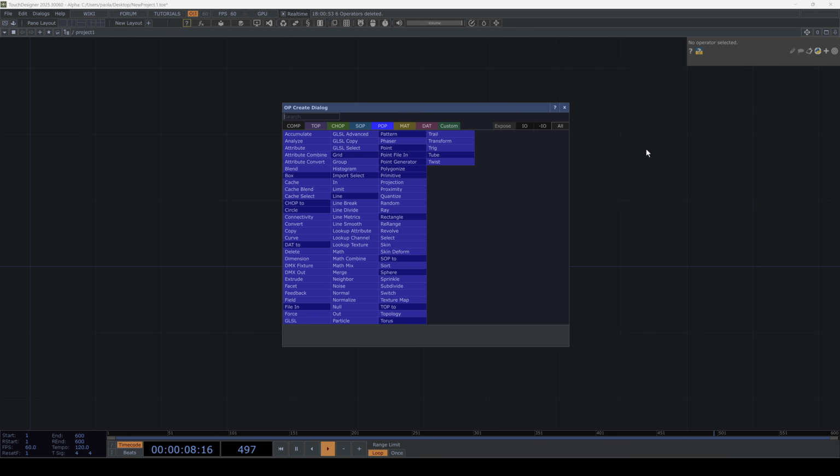And they combine the best features of SOPs, CHOPs, and TOPs, but go beyond them in speed and ease of use. Since they run almost entirely on the GPU, they're fast and optimized for performance. And the cool thing with POPs, you can create complex procedural systems without needing to write any code. And if you do work with compute shaders, POPs are also great for organizing and processing data before or after